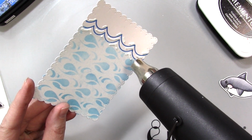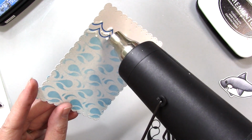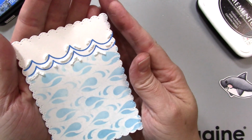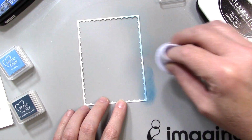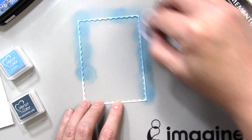Now I'm taking my heat tool and simply heating up that Amplify, and you'll see that it's going to puff up and gives me very frothy, foamy waves. The one thing I found with the Neon Amplify is if you put it on thin, you'll get a much better reaction later on. Now I'm taking the thin frame that came from the die cut and inking that up